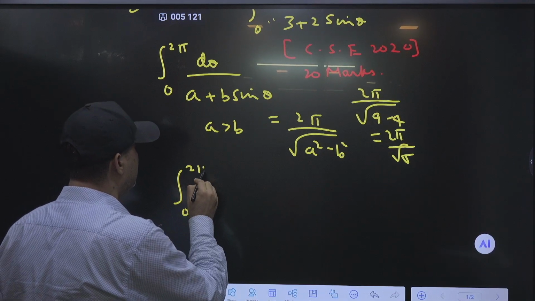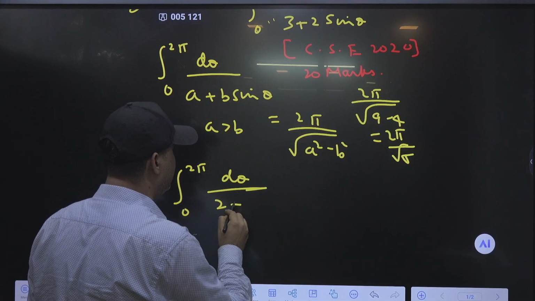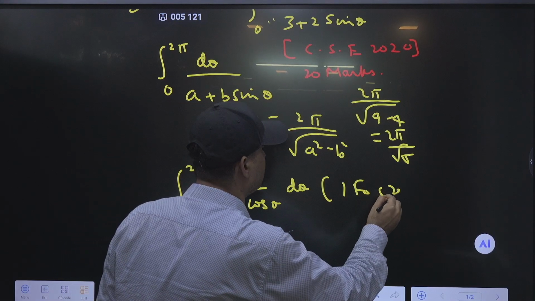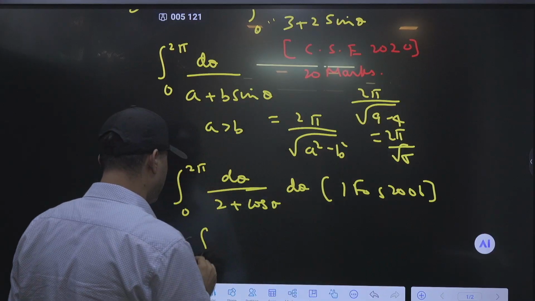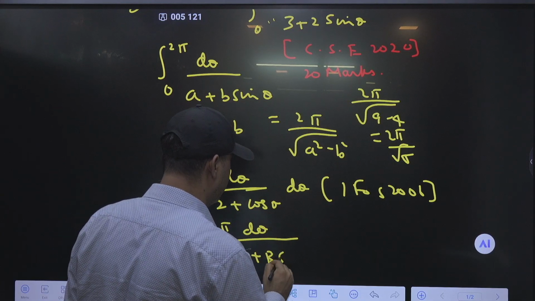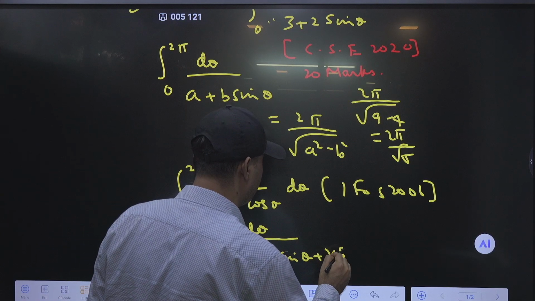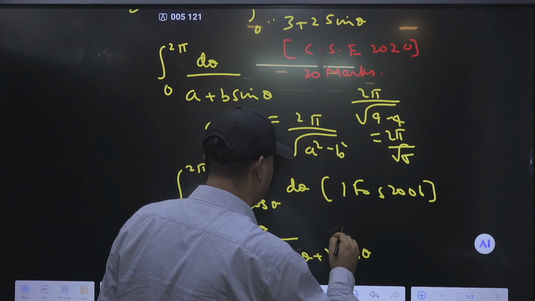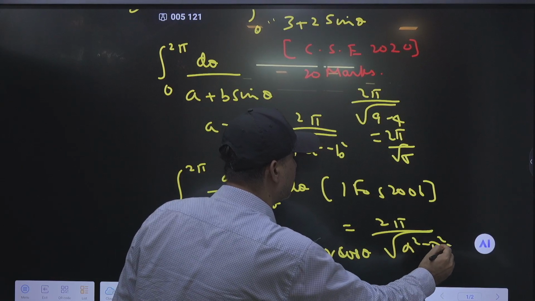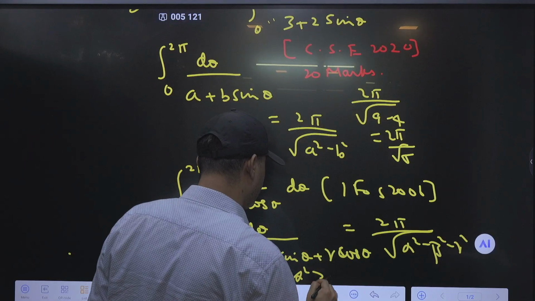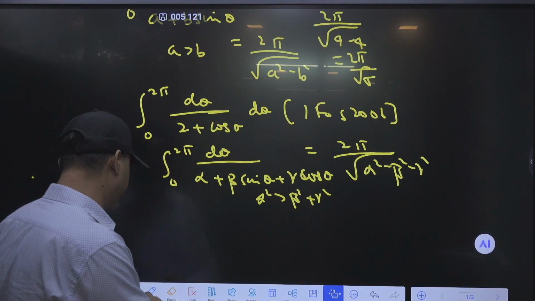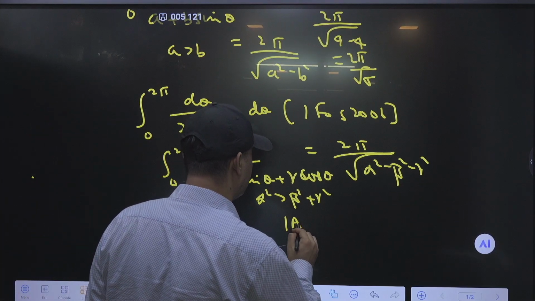Like-minded question: 0 to 2 pi d theta. UPSC asked this question in IFoS 2006. The integral from 0 to 2 pi of d theta upon alpha plus beta sine theta plus gamma cos theta is equal to 2 pi upon root of alpha square minus beta square minus gamma square, if alpha square is greater than beta square plus gamma square. So this was the question asked by UPSC in Civil Services Examination